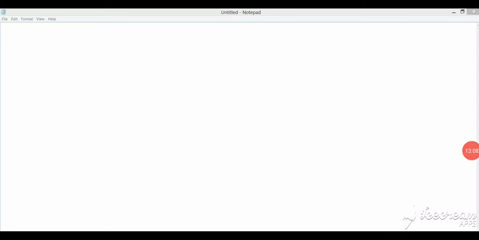For typing the program, first open Notepad and start typing. See, in this way, start typing in the Notepad editor.